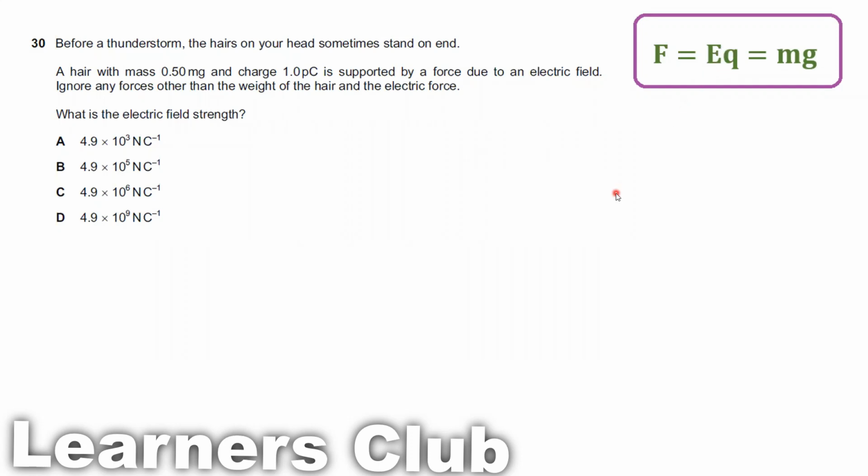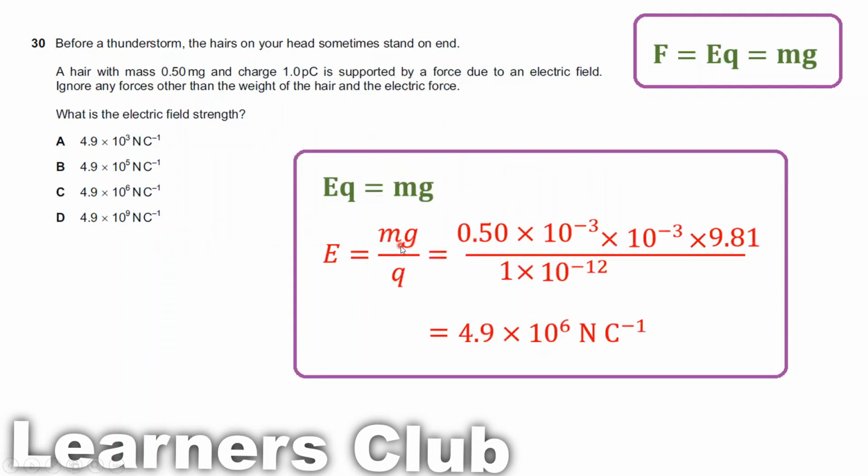In this case, E is my electric field strength, so I have to make E the subject. It becomes mg over q. The mass of the hair is given as 0.50 milligram. So I have to convert to kilogram. Milli is a prefix which stands for 10 to the power minus 3. So now this entire value is being converted to gram. I have to convert this to kilogram, so I have to multiply by 10 to the power minus 3. Once I multiply by 10 to the power minus 3, now this is given in the SI unit of mass,